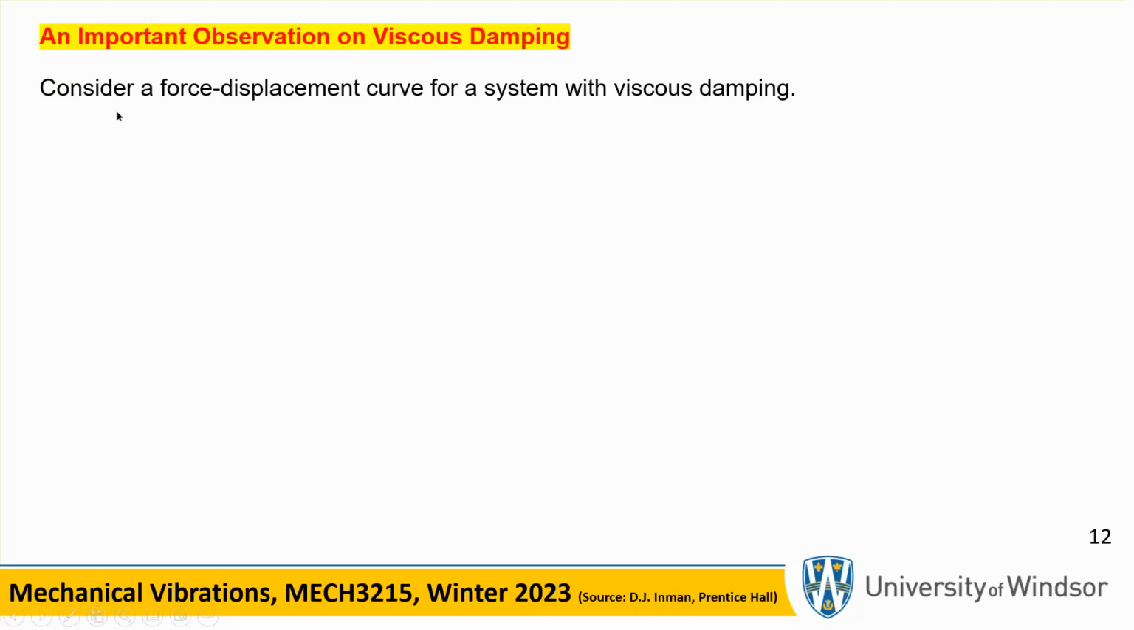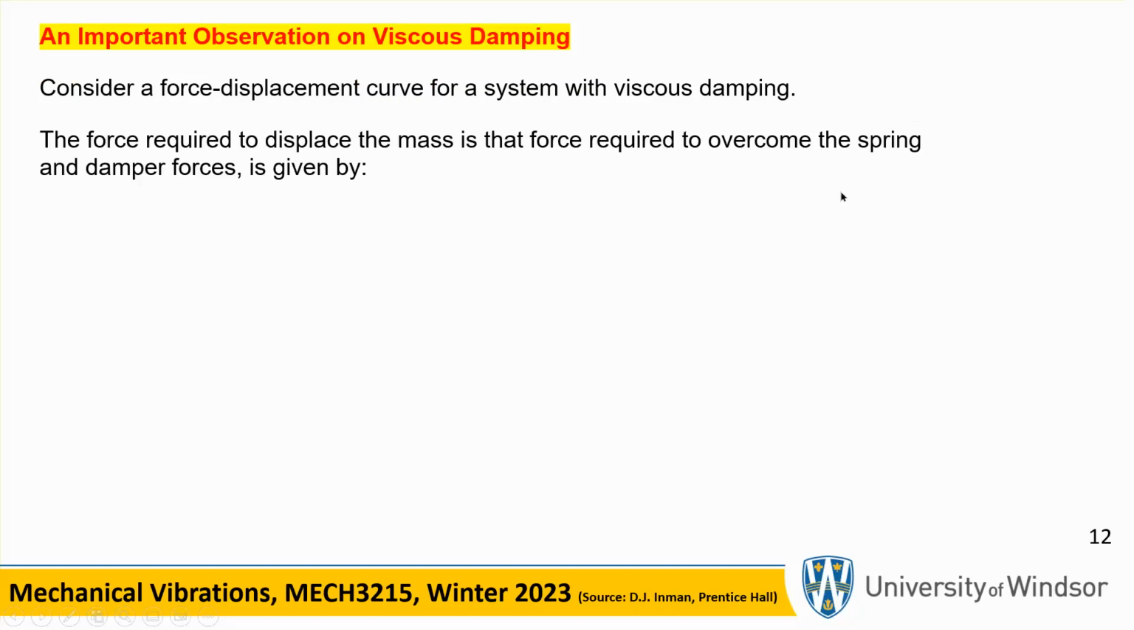Let me remind you that for a viscous damper, this is the total force acting on the mass. This is the spring force. This is the damping force. These are the things that resist the motion of the block. Now, let's suppose that the motion is, as in the past, under a steady state